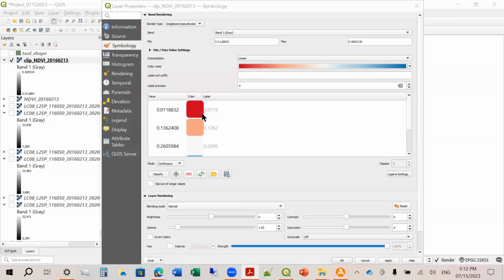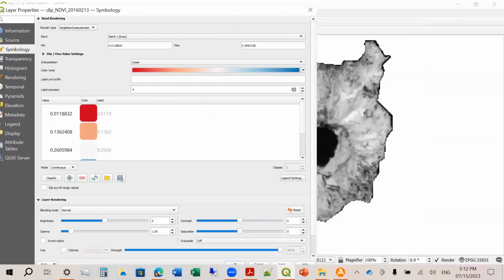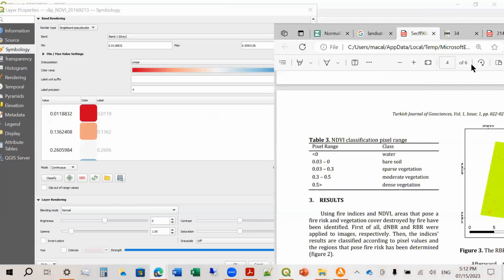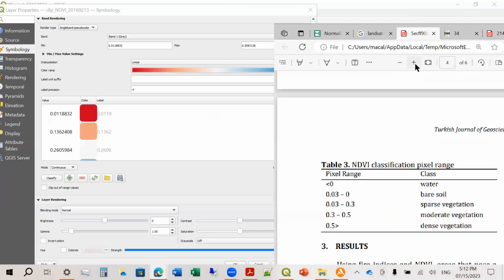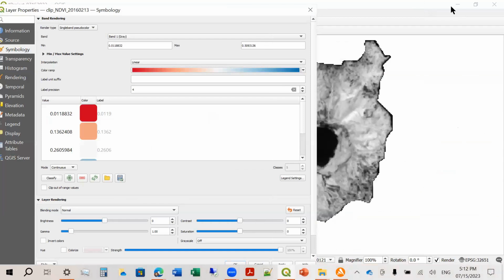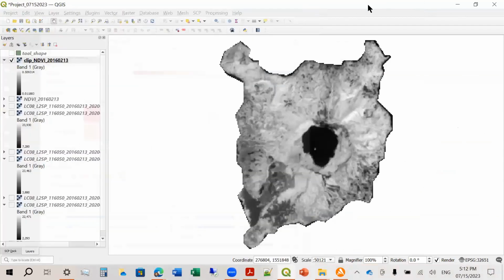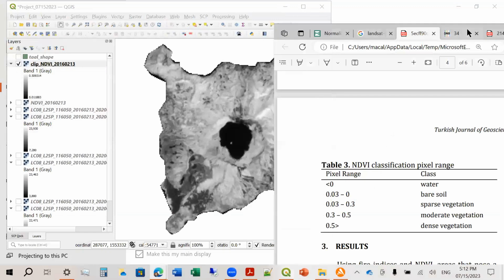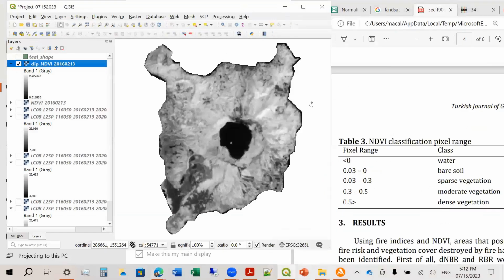Okay. And then here we can now define our colors. So let me just go over with our defined values here. Let me just move everything around so we can see this clearly.